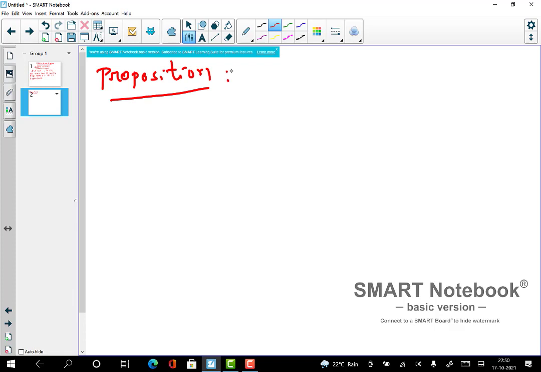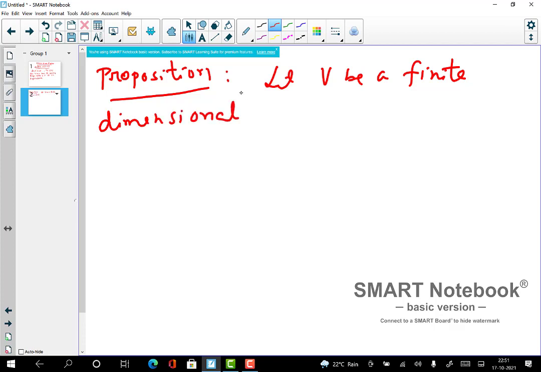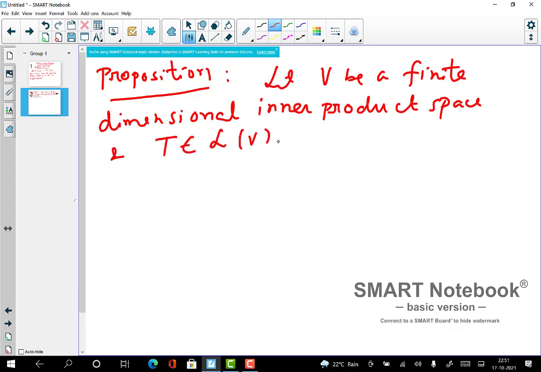It tells you that if you have a finite dimensional inner product space V and a linear operator T on V which has an eigenvector,